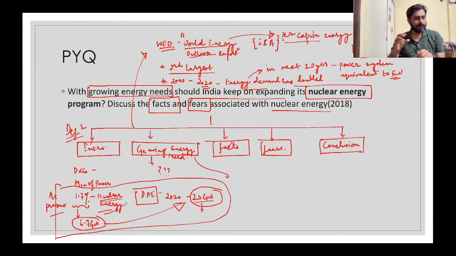What we are doing as of now is trying to solve the PYQ on nuclear science and technology. In nuclear science and technology also, they are asking questions in mains with respect to nuclear energy. So we are trying to see what the previous year question was, and based on this we'll see what more questions you can expect. There are still many areas with respect to nuclear energy which have not been asked, which can be asked in mains. We are solving the previous year questions so that you are aware about nuclear energy itself, and then we'll tackle some of the unknown questions also.